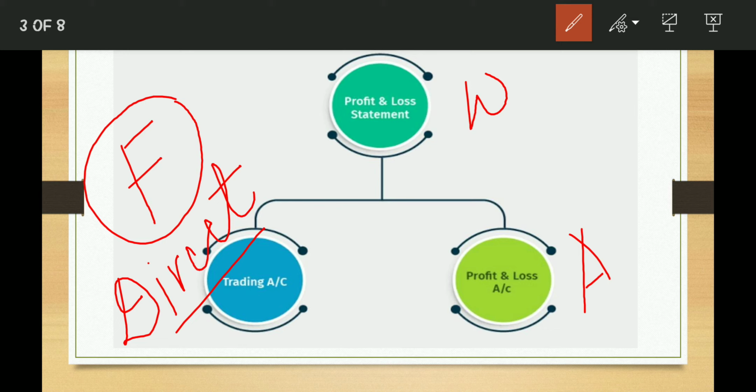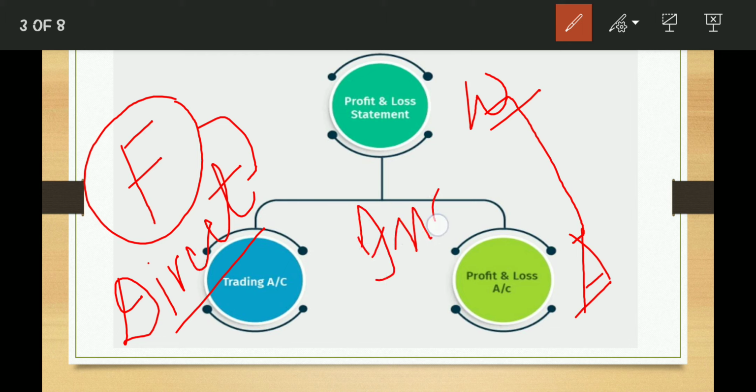Whatever expenses are directly involved in the production of goods, that is in the factory, are called direct expenses, and whatever expenses are involved in warehouses and administration, because they are not directly involved in production of goods, are called indirect expenses. You have to identify whether the expense is direct or indirect. It is a base for making the cash flow statement, so you have to study seriously.